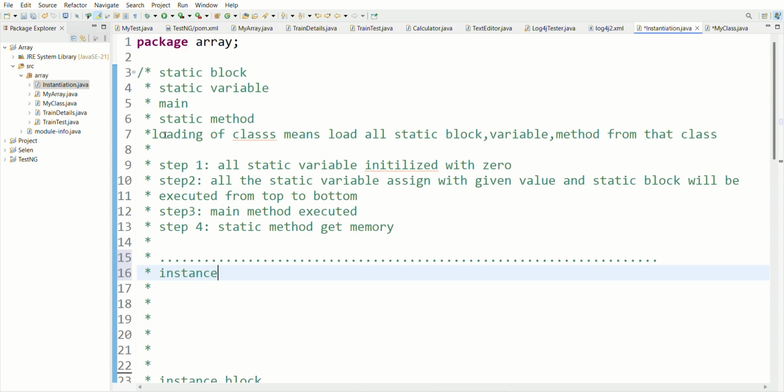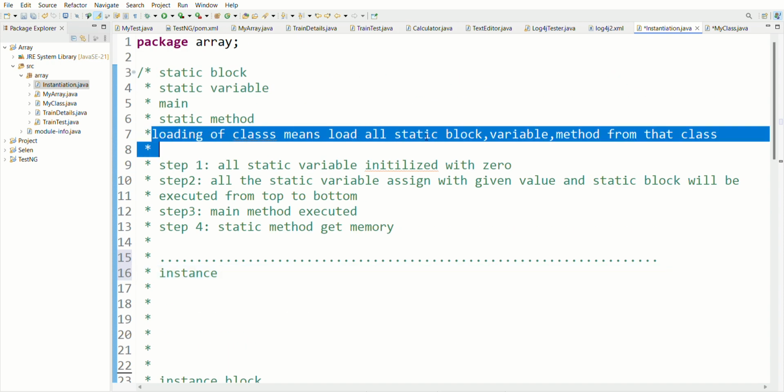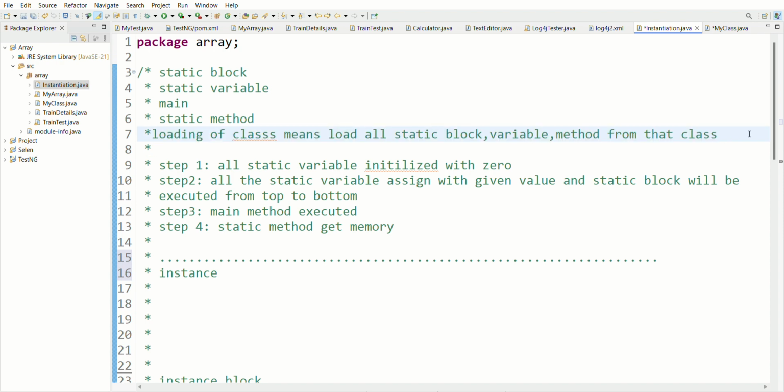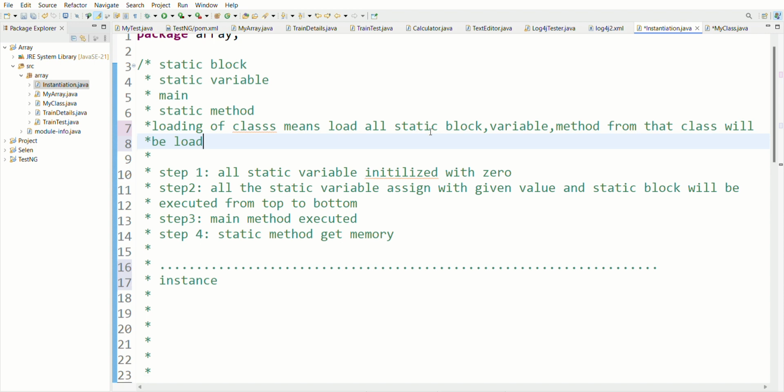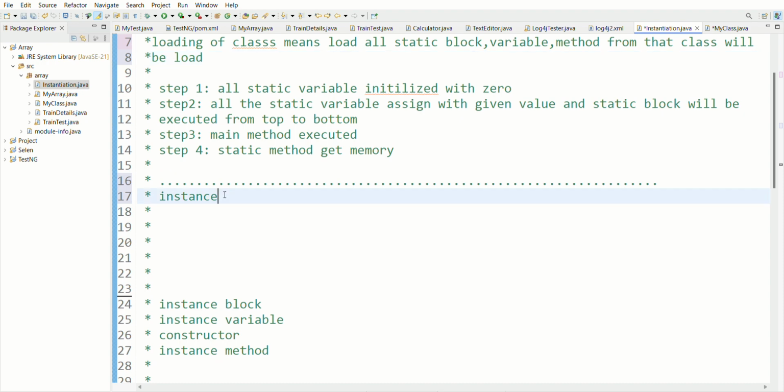Here I have told you at the time of class loading, all the static variables and methods of that class will be loaded. And what about the instance?